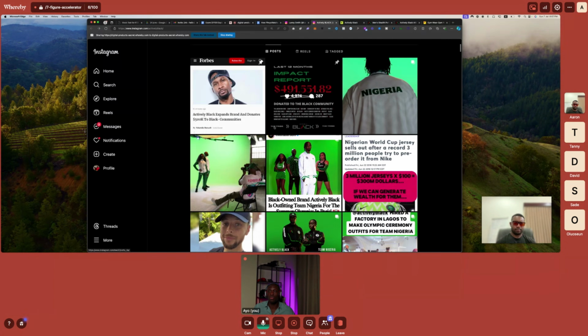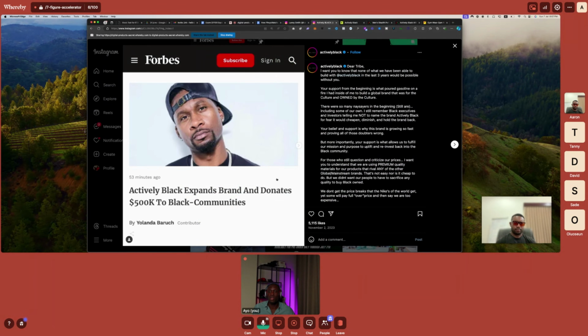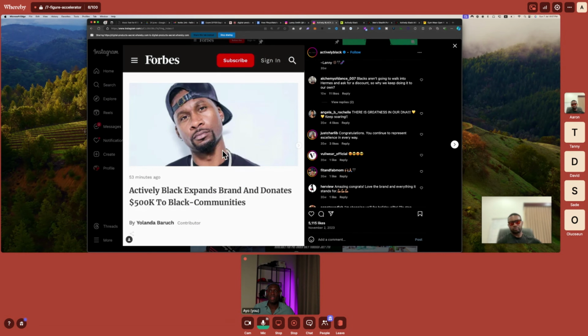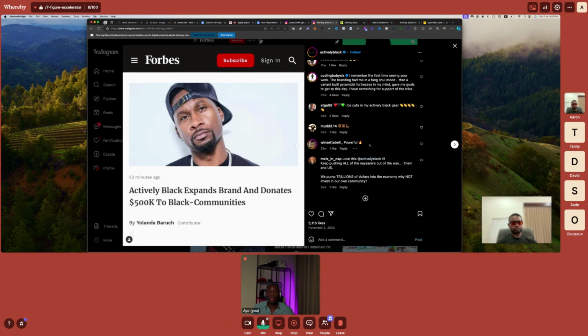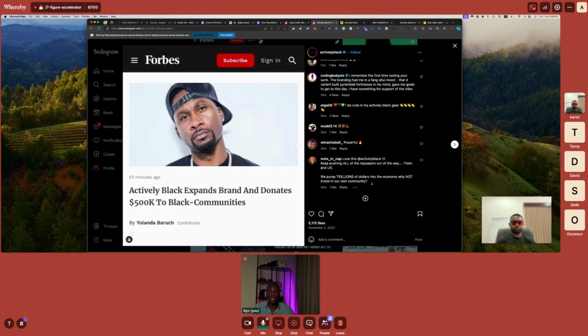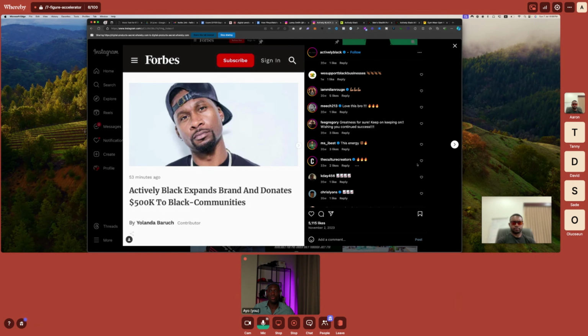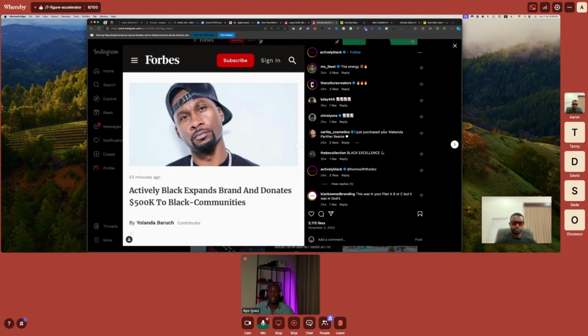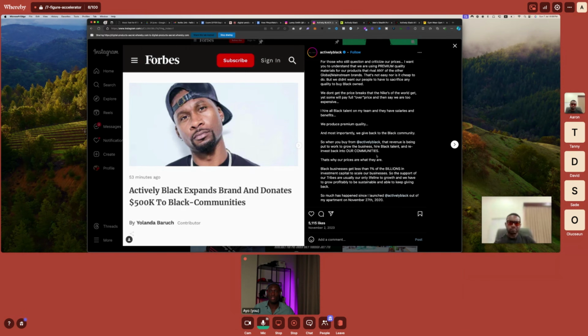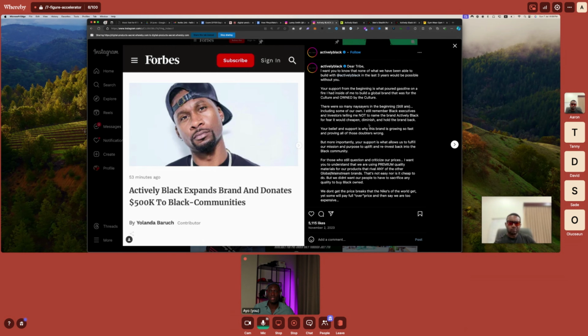Now, this is also a very, very bold move because saying they donate 500K to Black communities gets them more press. But the thing with this is that it's a tax write-off, and you don't even get to pay taxes on charity. So not only are they making money, but they are also using this to get that community back in. You see? See? If you read the comments, you'll see that people rally around it. As you will see, if you read the copy here, okay, dear tribe, I want you to know that none of what we have been able to